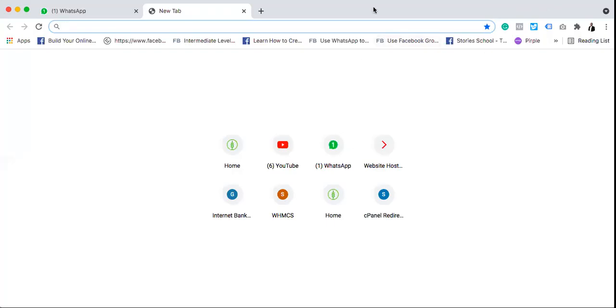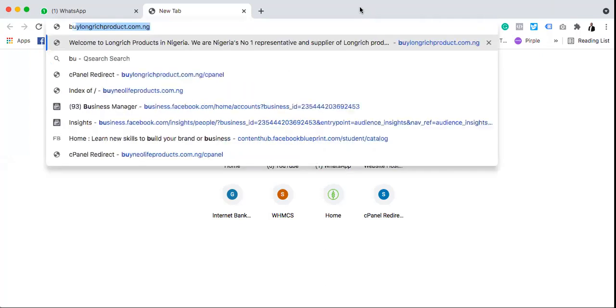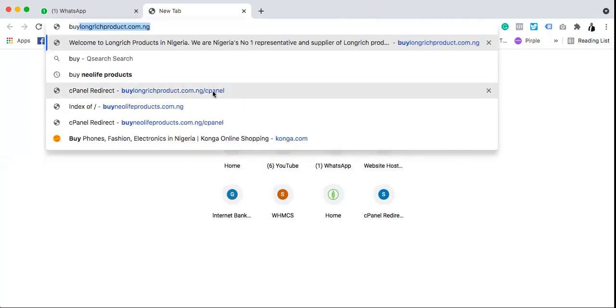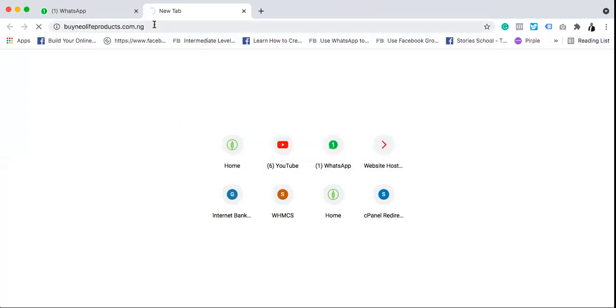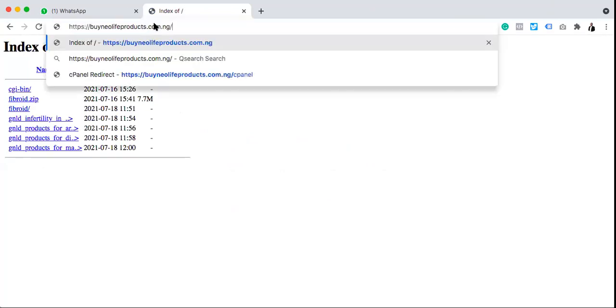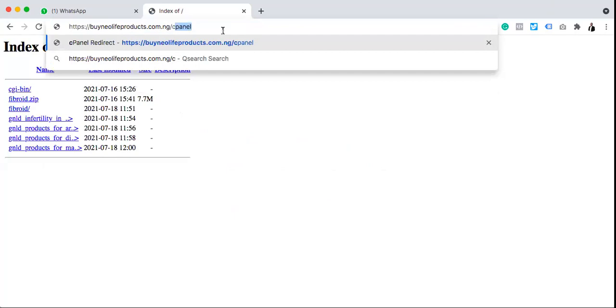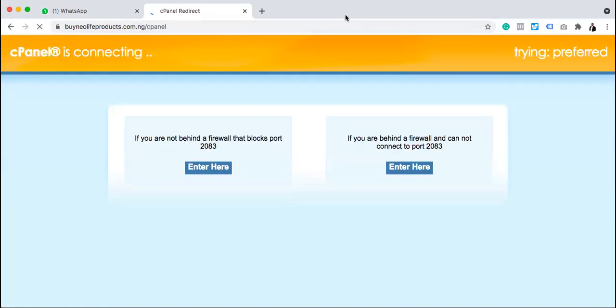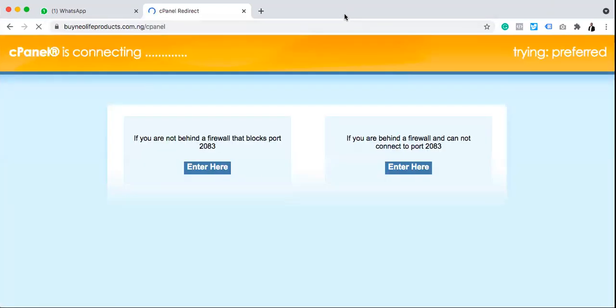So on the browser right now, all we just have to do is go to the domain name that you bought, which is this, right? Then you go to the cPanel. cPanel means control panel, right? Okay. So once you get here,